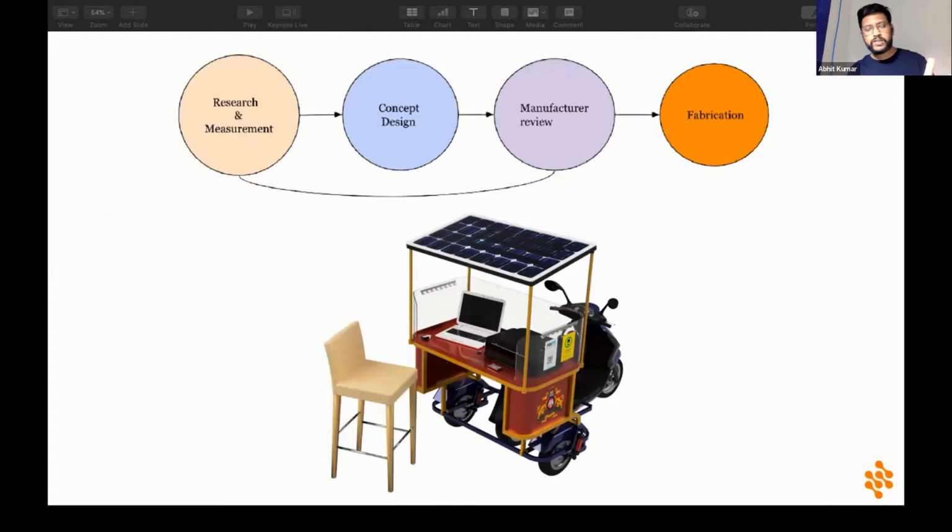Now, moving on to the same process, we had the same concept process. However, in terms of manufacturers, this time rather than having a conventional manufacturer, we went to a garage in order to check with the concept design that we have done. So researching about the product, taking proper vehicle measurements, coming up with a CAD model in Fusion 360, developing that concept model and giving it to a conventional orthodox garage and showing them this is the way to go ahead